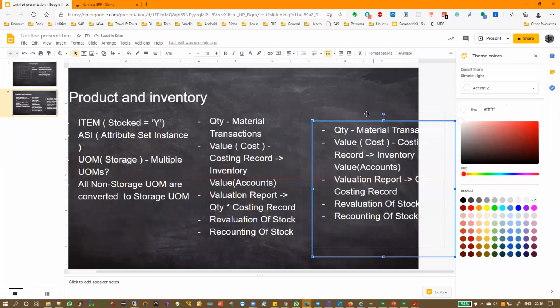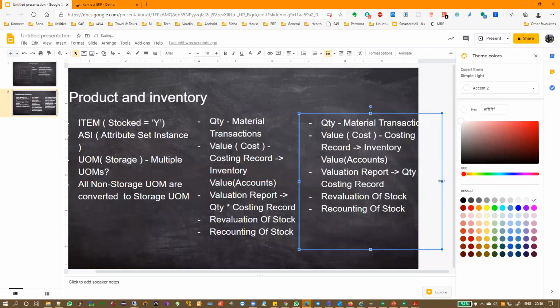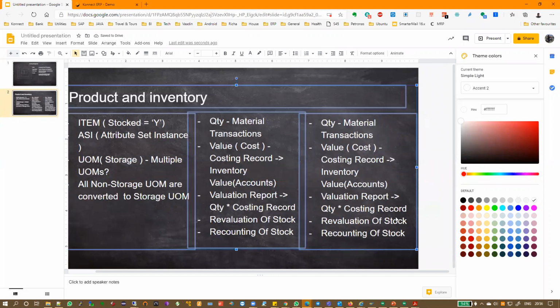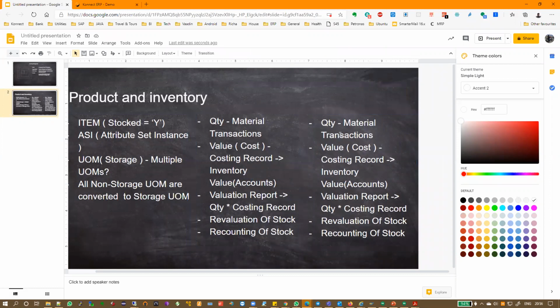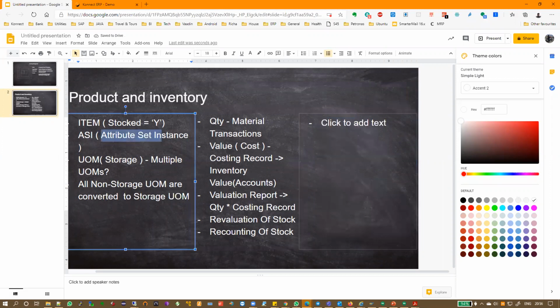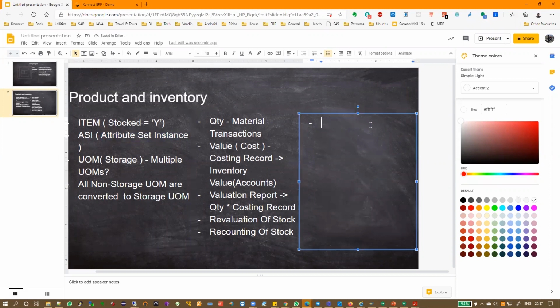The third aspect is not the most important actually, but it is a very important one, which is related to this attribute set instance. So what does this mean? In business terms,